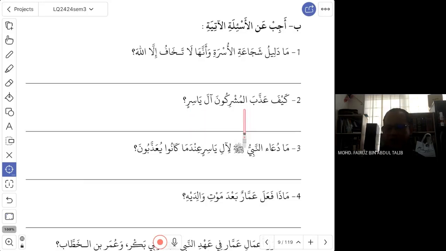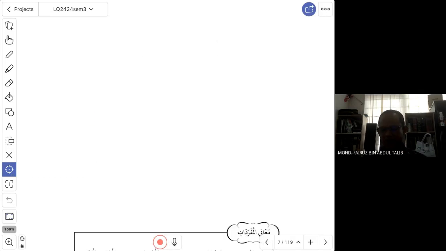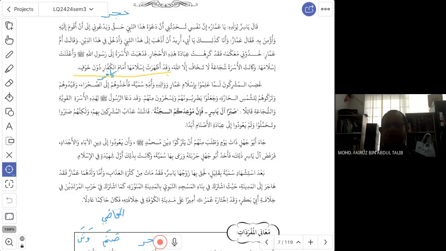Kaifa. So maza fa'alu, what did they do? Maza fa'al al-mushrikuna bi Al Yasir. What did the mushrik do to Al Yasir? The answer is in the second paragraph. How was the torture? كيف عذبهم؟